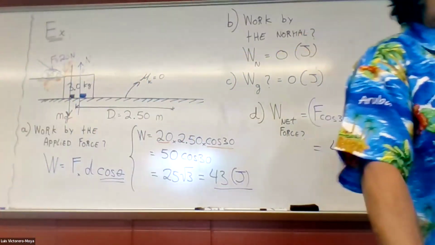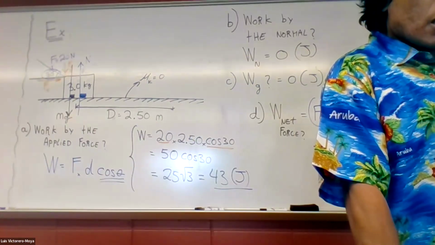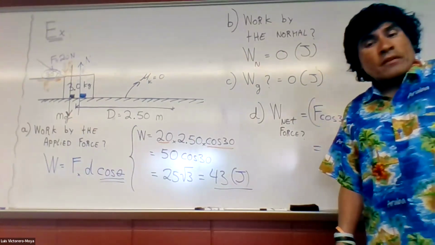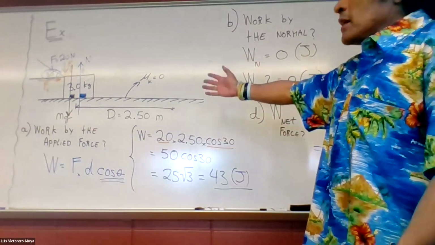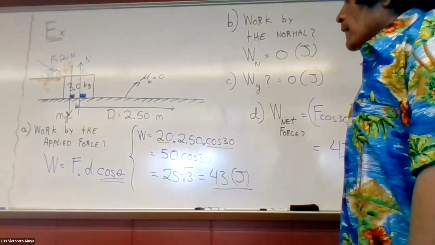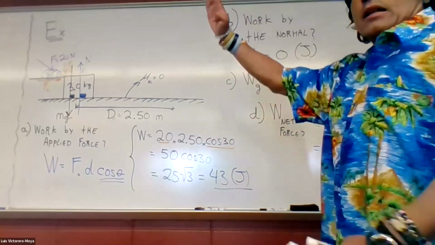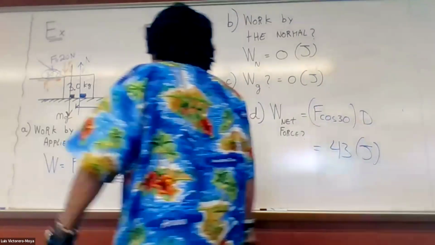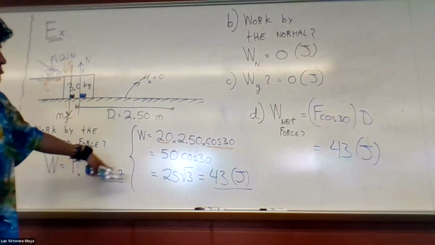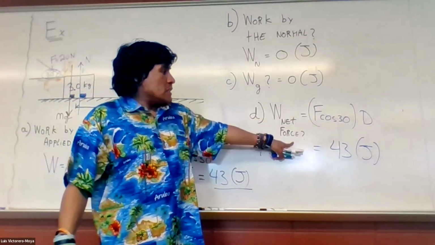Now, let's do an example using a different situation. And let's introduce friction. All right? There was no friction here, so that made the problem easy. Okay? So what happens if we introduce friction? I want to change the problem. I want to make it now on an incline. Okay? But remember, definition of work,